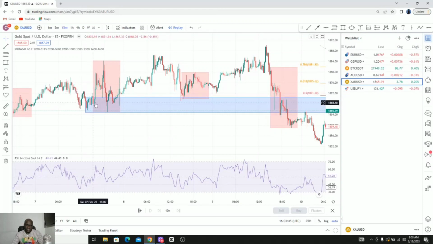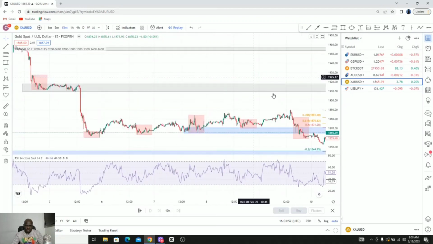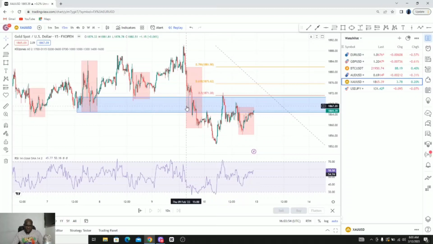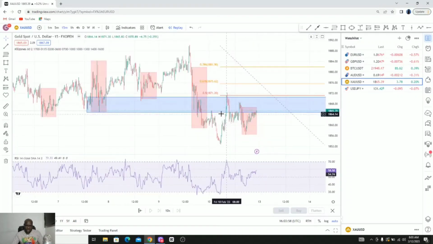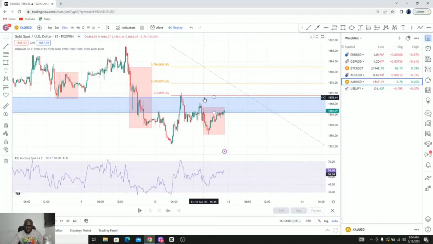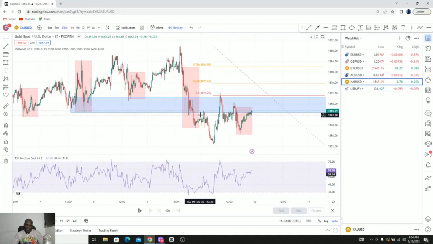So what caused the market to go up? It is this candle that is here. That is why I drew this demand zone around this point. I'm expecting price to get back to this zone and push back to the upside. As you can see, it got back to the zone, but it failed to push to the upside. So since it broke this demand zone, I'm looking to short gold to the downside, taking out these Asian sessions,